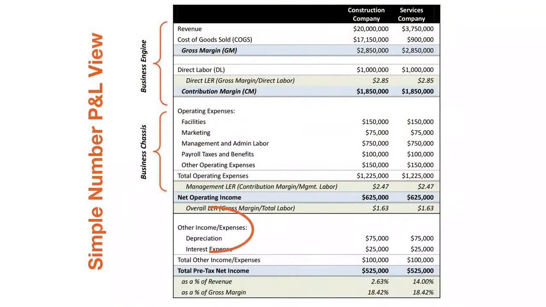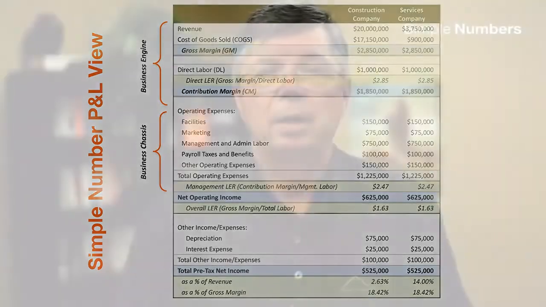The dollars are going to drift, certainly, but when people see on a P&L where the dollars have gone up, as long as that percentage stays relatively the same, really those costs have stayed the same. The last piece is other operating expenses. If something is not facilities, not marketing, not management labor, not payroll taxes, not a direct cost, by default it's other OPEX. Think of it as just the cost of doing business. It is all of the other things that are going to occur, you lump in there.